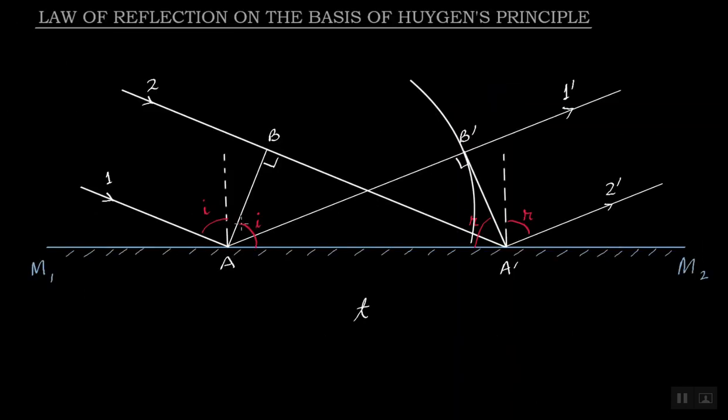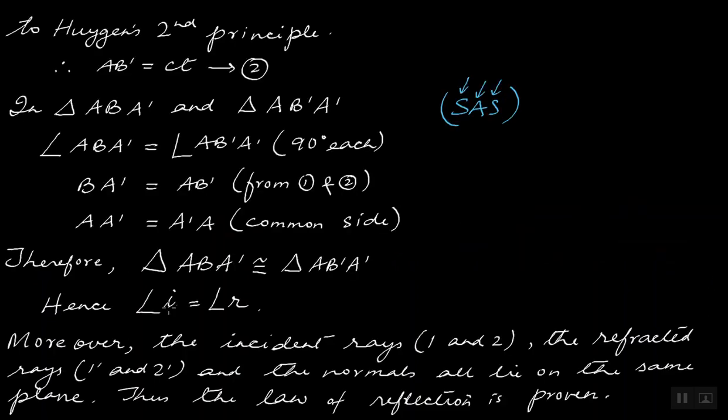So it means that the corresponding angles, angle I, is equal to another angle R out here. Okay, but what is I equal to R? Isn't this the law of reflection, right? So moreover, if you look at the